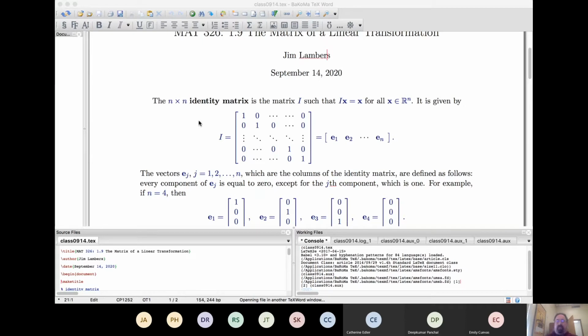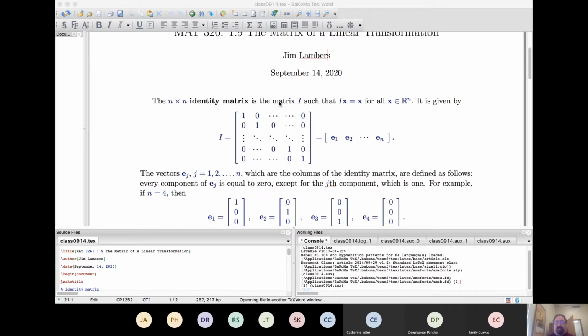And what we'll be seeing at other times during the semester too is the identity matrix. Now, the identity matrix, you can think of it as a generalization to matrices of the number one. The number one is the multiplicative identity element. So for any real number x, 1 times x is equal to x. So here we have the same idea applied to